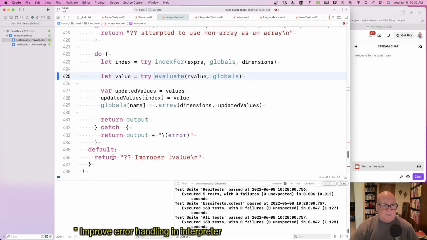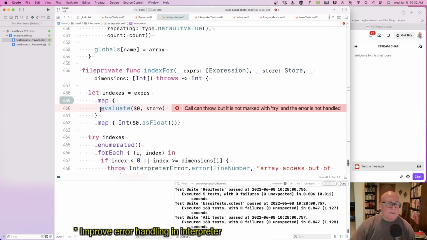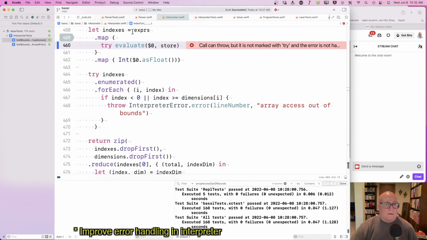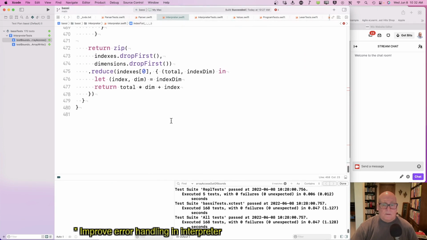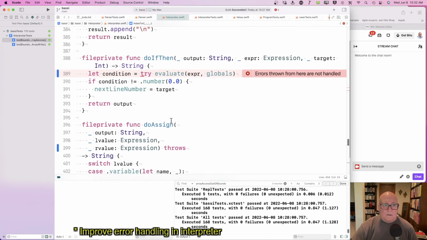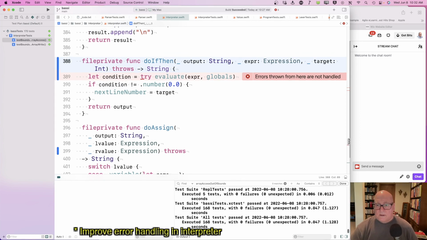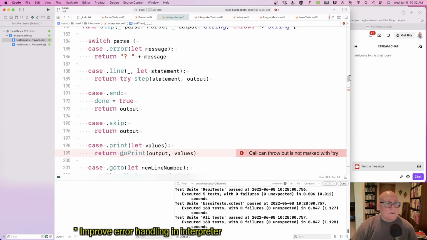Okay, we got some work to do here, but index 4 we already deal with. Probably have to have a try up here too, right? Okay, we still got a few places. Errors thrown are not handled. Do if then. Okay. And there are going to be tests that have this problem too. Yeah. Okay. So let's